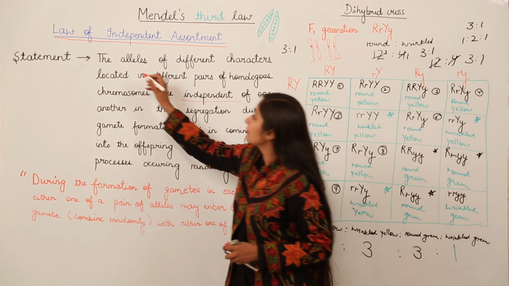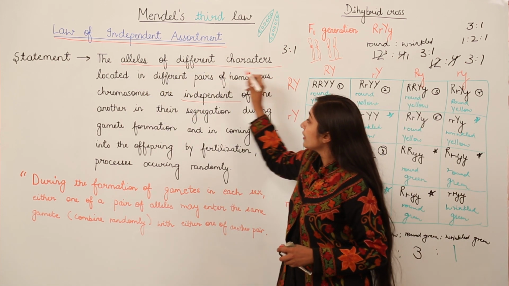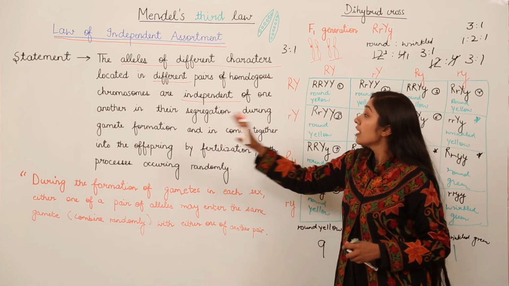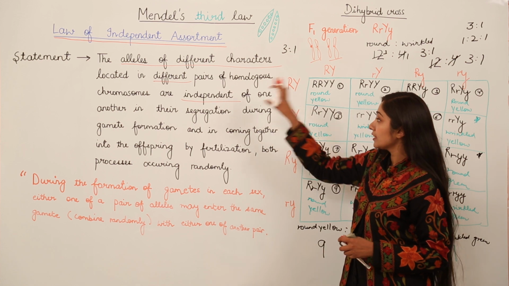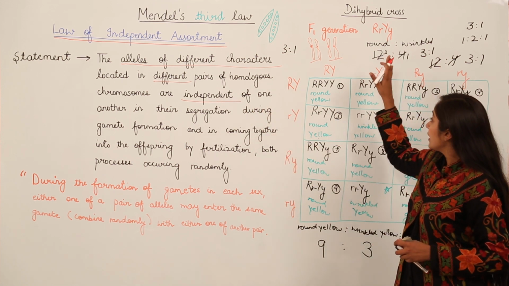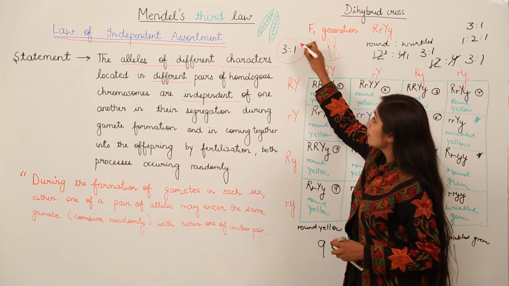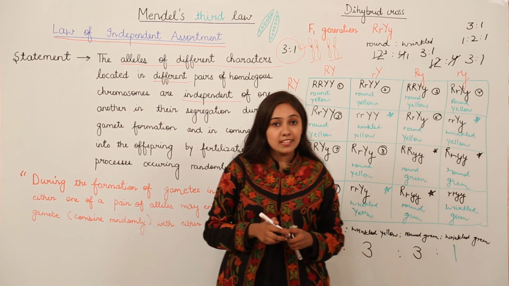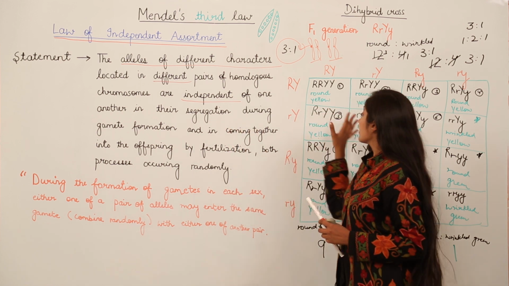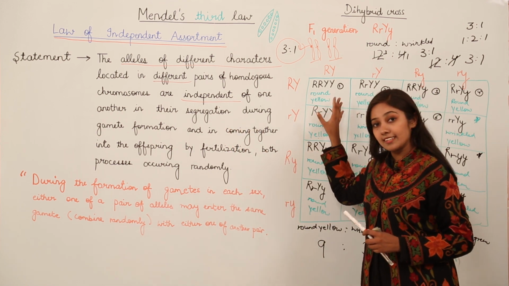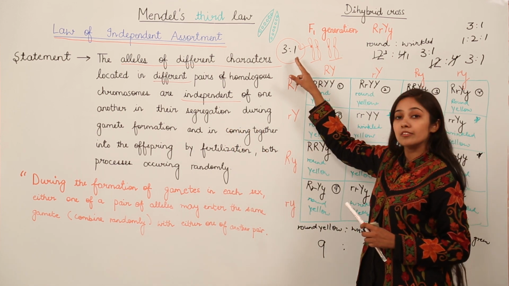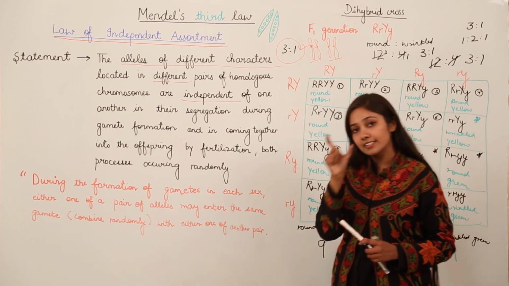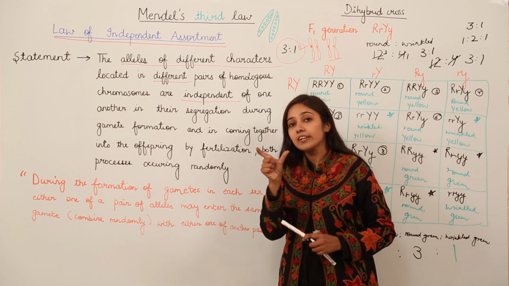So the alleles of different characters located on different pairs of chromosomes are independent of one another. Why? How we have come to this conclusion is, as you can see, we arrived at 3:1, which was the ratio of monohybrid cross. This means that when we separate these two characteristics, we achieve this ratio, that is 3:1. So this confirms that when we have two characteristics simultaneously, they are not affecting